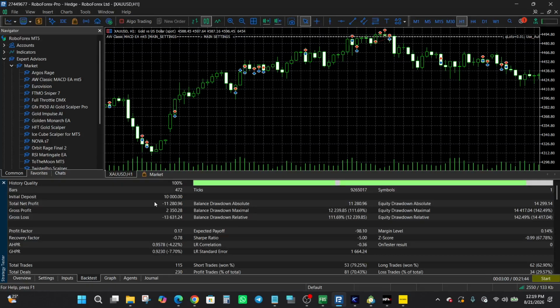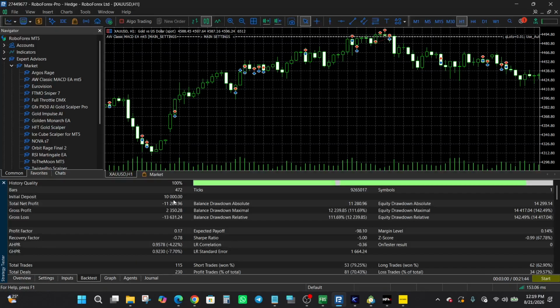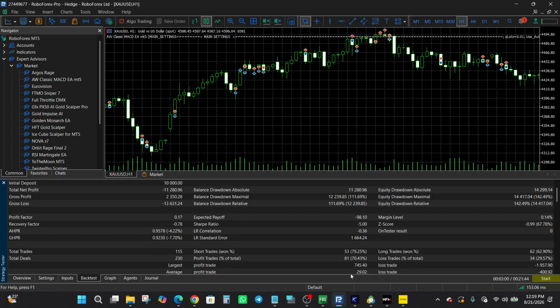So now from here I can see that the initial deposit is $10,000 and the account got blown. All right, we can see that here clearly. Okay, so you can see that the account got blown. The net profit went beyond the initial deposit. Deposit is $10,000. Total net profit was negative $11,280.96. So the account got blown, and then we can see that the total trades taken were 115, out of which